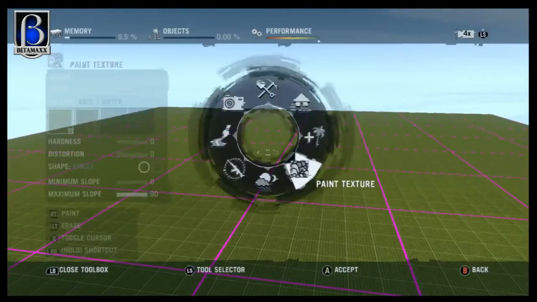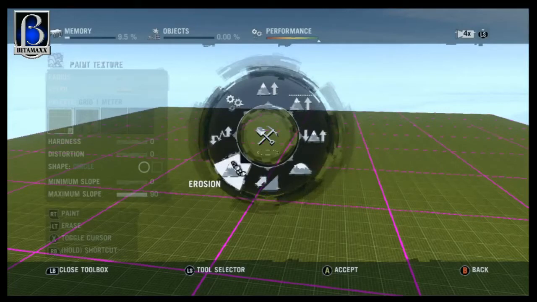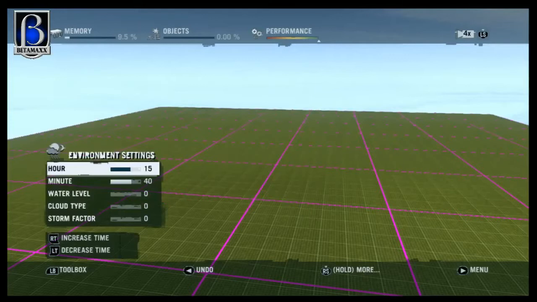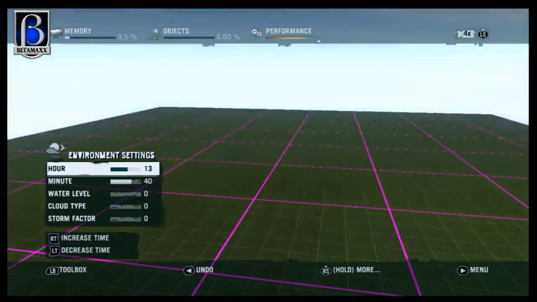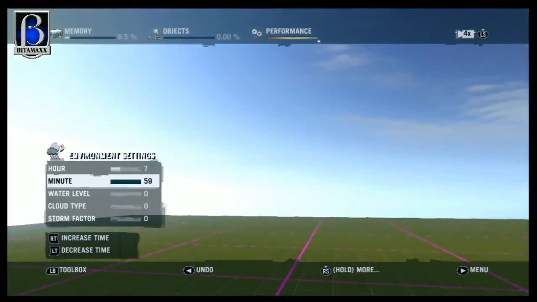So, this main cogwheel that pops up, you've got your LB button, that always brings that up. And you do settle into how it's done quite easily. So we've got terrain tools, advanced, the noise, and the main thing, your land generation. But we also have environment settings, so we can set the time of the day and even the minute. I'm not certain how much difference those minutes make, but it is something that you can do. Your water level